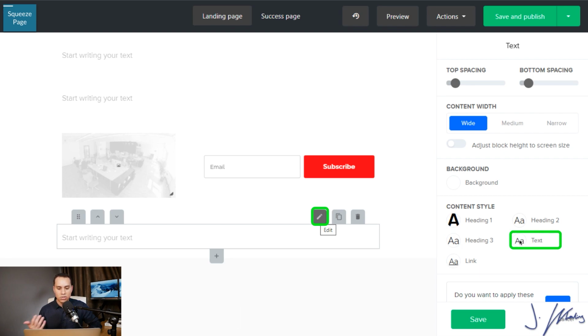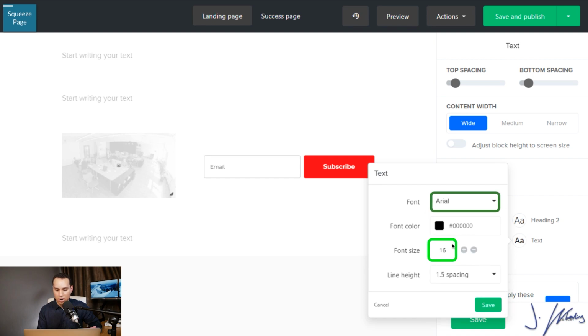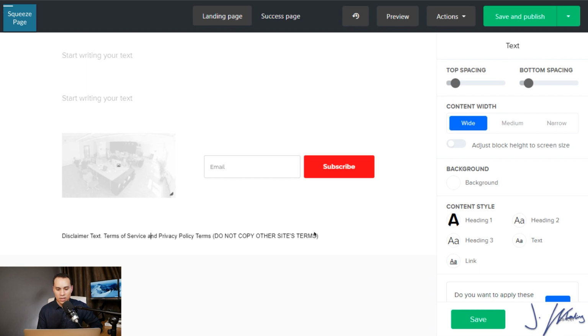So I'm going to change the font style, right? So let's go ahead and change the font style. So I can click here and change it from Raleway to, let's say, Arial, and then change the font size down because this is going to be disclaimer text and I don't want it to be super big like everything else. And then we can go ahead and click on save. And now that we have changed up our text styling, we can come in here and drop in your disclaimer